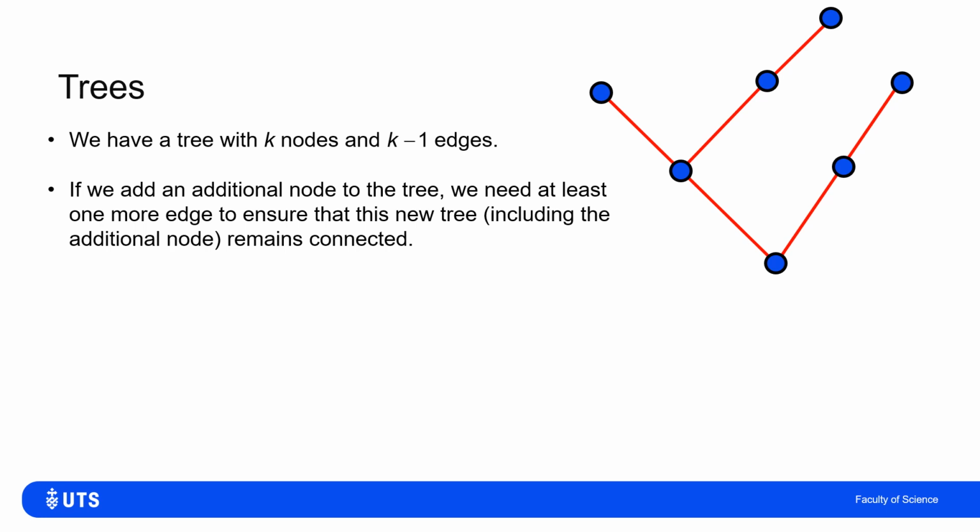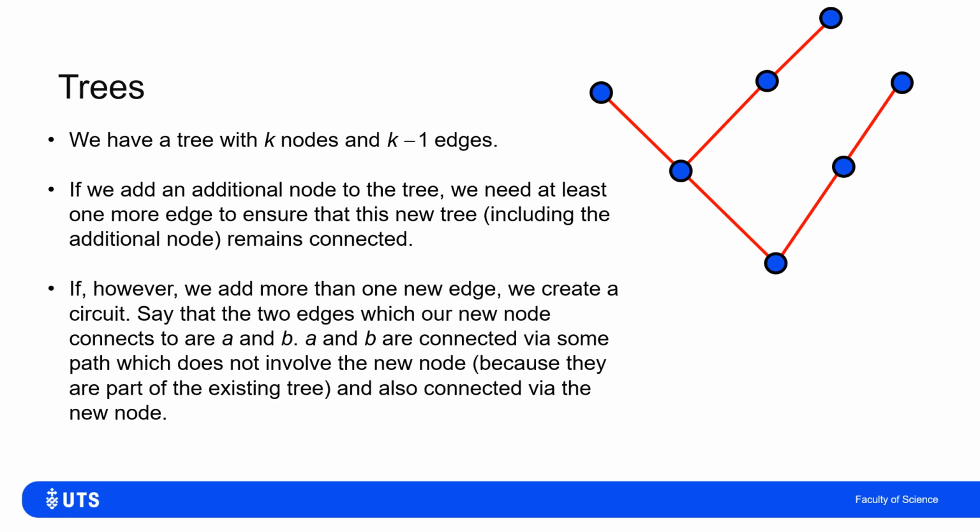So there, I've just visualized it in the top right. But what happens if I add more than one edge? I need at least one edge to keep it connected, but if I add more than one edge,